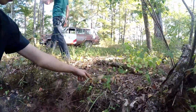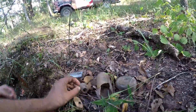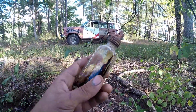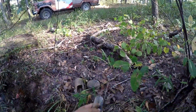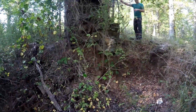Well, that one was broken, but I got all the pieces. You know, the pork chop, I just threw it out. And this is screw top, but I had the lid on it. That's a neat little bottle. This was like a flavoring bottle. All these bottles are screw top, but I just left it. Cool find. So that does give us some indication that this house was lived in